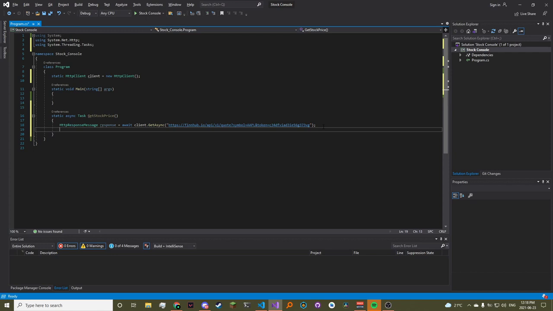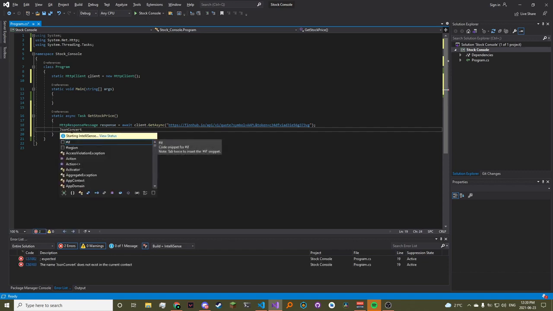The first way is kind of dirty, but it works. And that's using the dynamic keyword. So you basically want to use this when you don't know the type of data that a method is going to give you. So to get this JSON data, I'm going to go